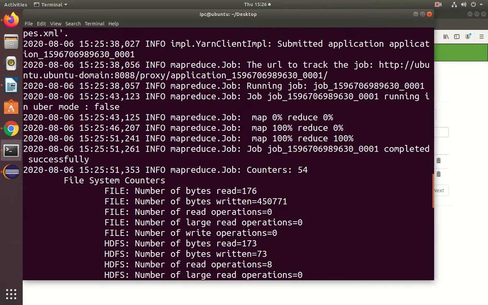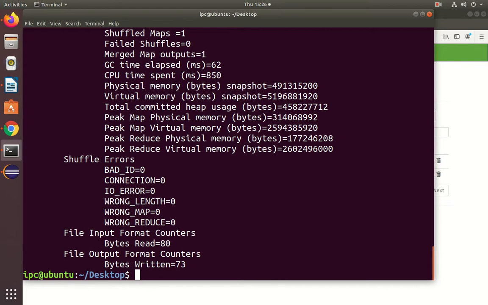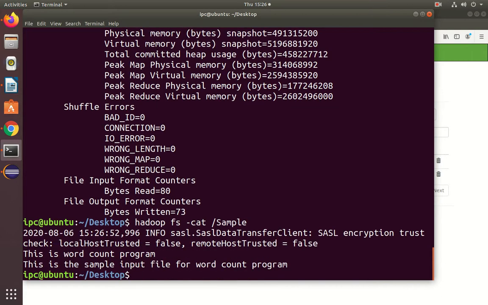We can also get it from the command prompt. Hadoop fs -cat /sample. This is my input file. The input file contains: this is word count program. This is the simple input file for word count program.